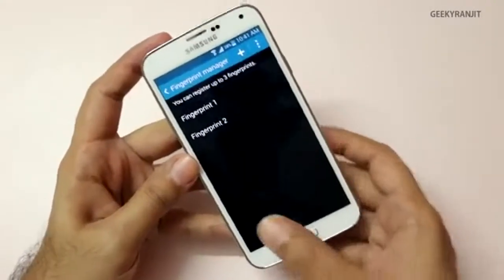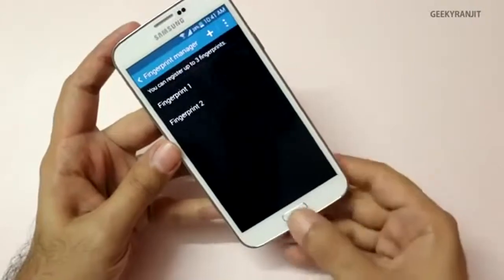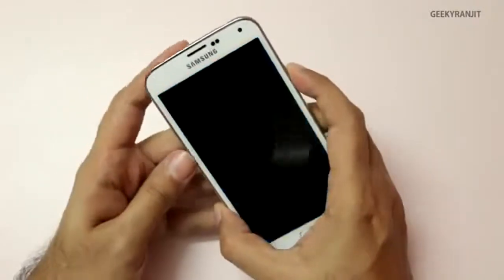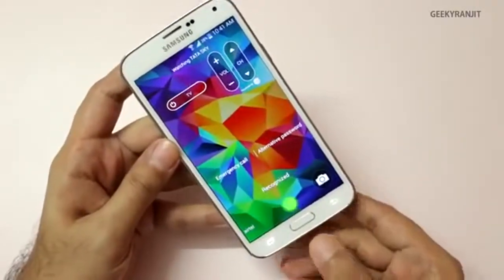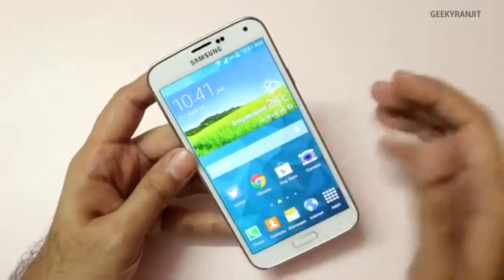Now the second finger, the same finger for us, has been enabled. Now if I unlock, even slightly doing like this sideways, it will unlock. So this improves the accuracy of